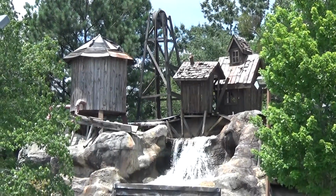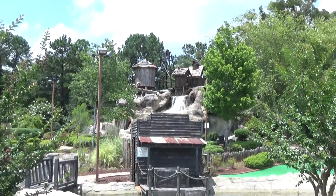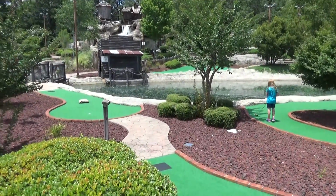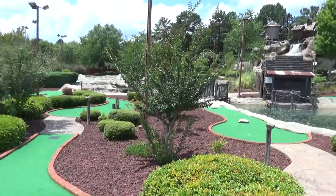Hey everyone, Legend here, coming at you from a little bit outside of Atlanta, Georgia, at Fun Junction. Fun Junction just recently, this past week, got bought by our buddies from Fun Spot there in Orlando. They now own this brand new park, and we are going to show you what there is to do here